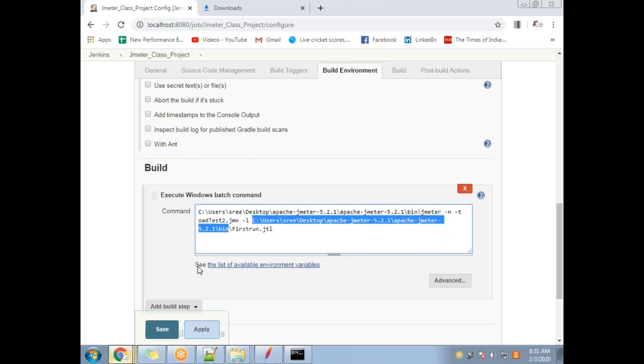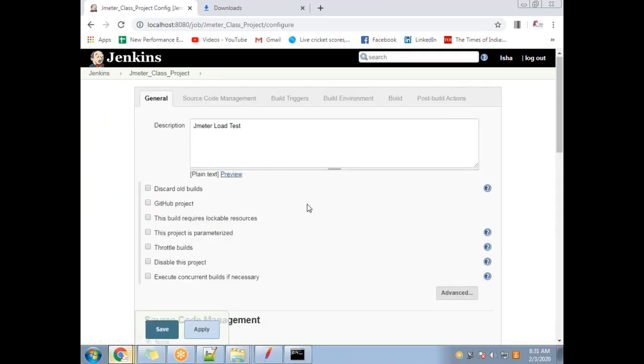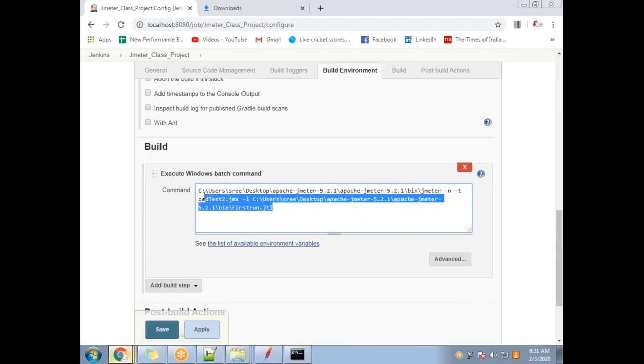Everything else is the same. Exactly how you run it from the command line, same thing I'm running it over here. You just save it and you're good to go. You're not done yet. Okay, let me configure that one. So this is where you're giving the command that you want to execute